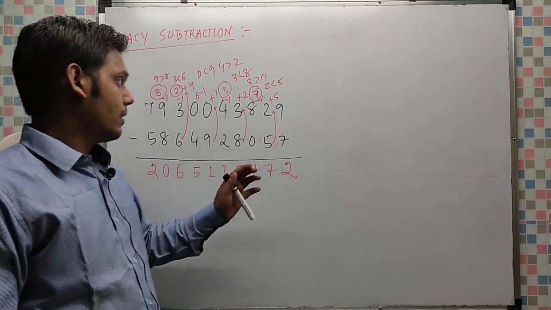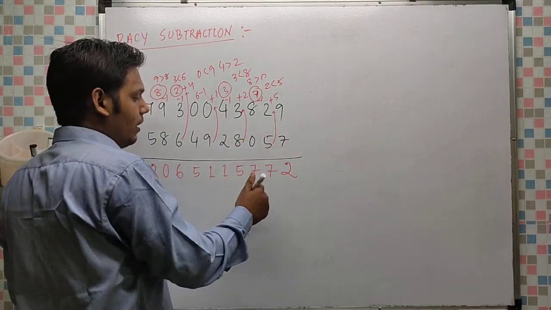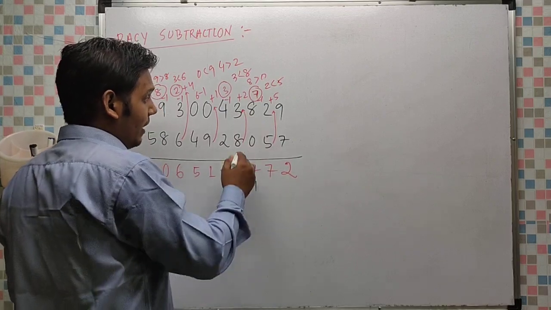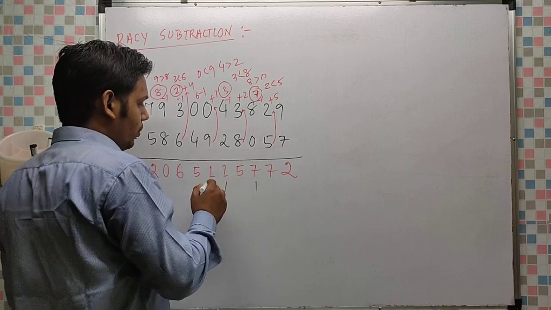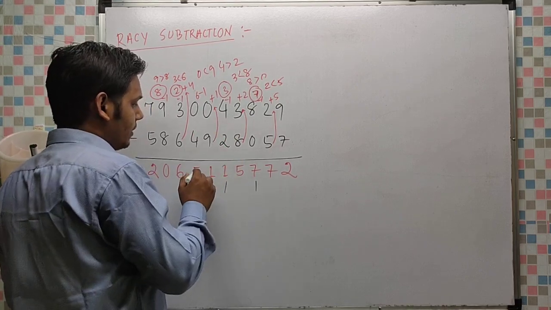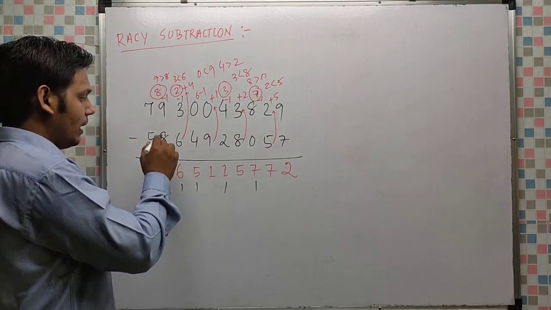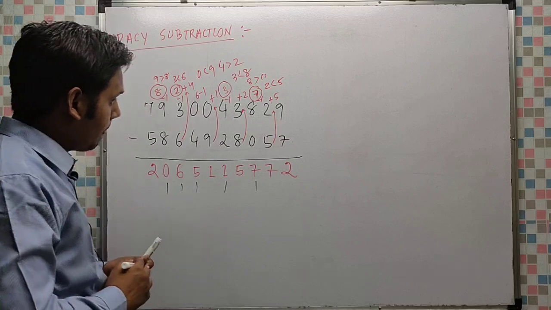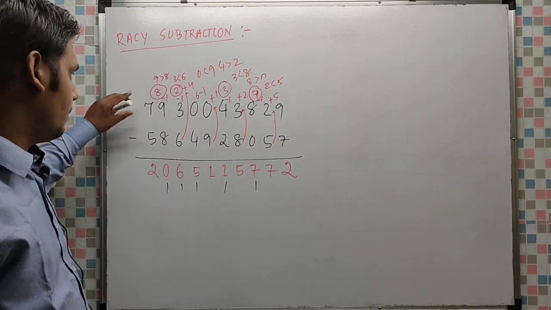Now let us check this in reverse order. 2 7 9, 7 5 12, 7 5 12. So 1 carry 1, 7 8 5, 8 13. So here 1. So now 1 1 2, 2 2 4, 1 9 10, again 1 carried, 5 1 6, 6 4 10, again 1 carried, 6 1 7, 7 6 13, again 1 carried, 1 8 9, and thereafter 2 5 7. So this is the answer of this. This is the difference of both the numbers.